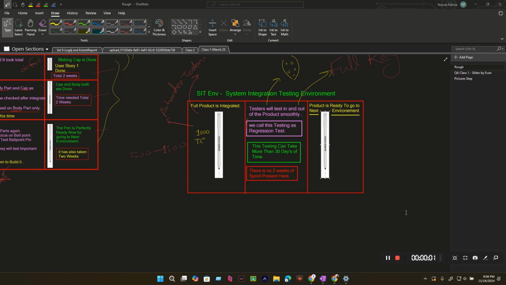So now we will slowly move our discussion to software, because till now I discussed everything using an example of a pen and its usage and how it will be created through various examples. And now I'm going to slowly move on to our software discussion. I hope you remember that the first,